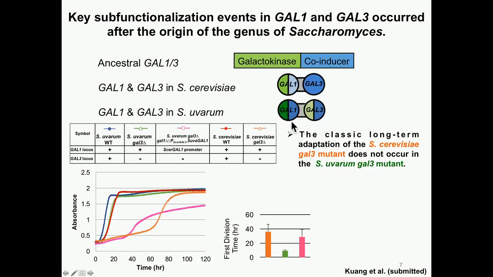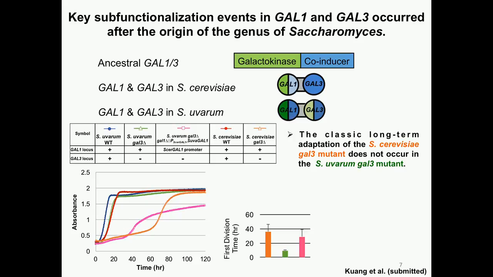Similarly, we can look at the co-induction activity, and we see that the uvarum GAL1, the enzyme, is actually a better co-inducer than the cerevisiae GAL1, and that can be seen in a GAL3 knockout phenotype. So the cerevisiae phenotype, here's wild type in red, and a mutant for the co-inducer in orange, and what you see is it takes 3 days to figure out that there's any galactose around and turn on the network. In contrast, if you make that same knockout in uvarum, here in blue, and then in green, there's only a couple hours delay. And so that's because uvarum still has a GAL1, just like cerevisiae, but its activity at co-induction